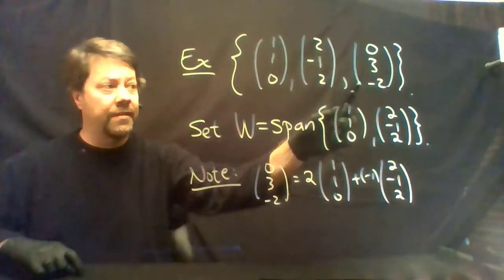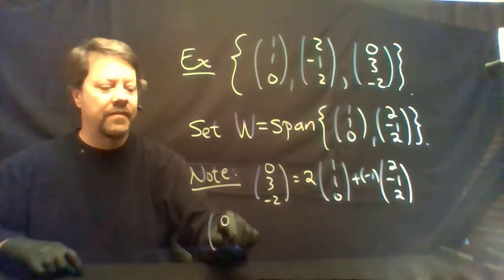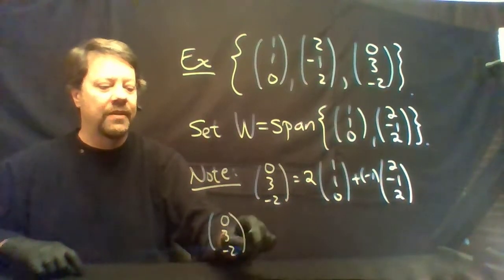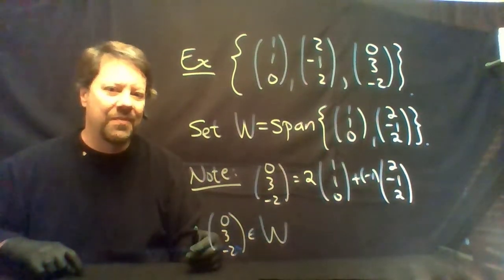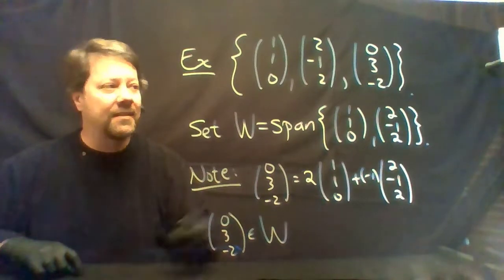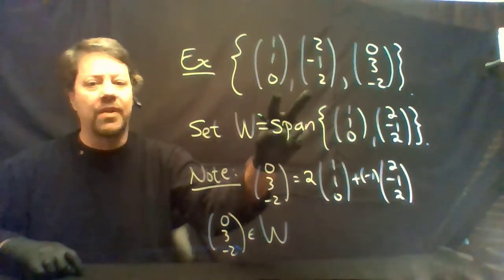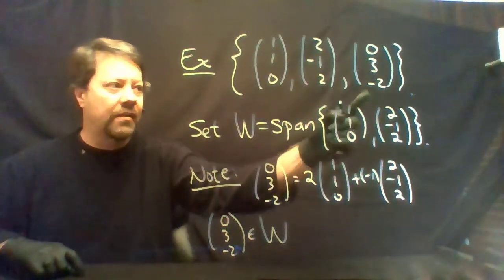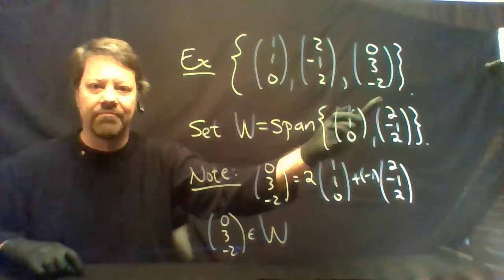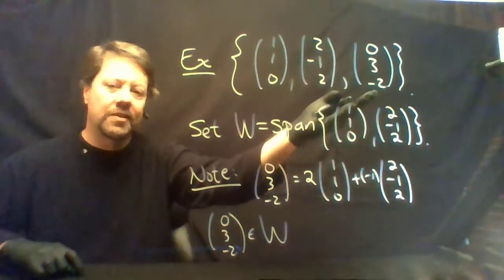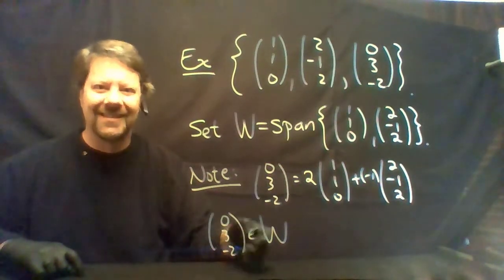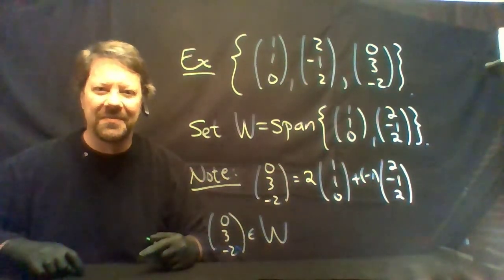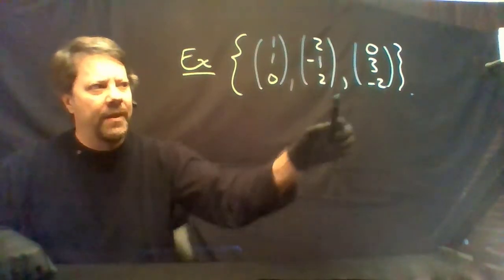That means the third vector, 0, 3, negative 2, is an element of the span of the first two. In some sense, the first two vectors already encode all of the information in the third vector. It's as though this is superfluous. It's unnecessary. Let's toss it out. It doesn't give us anything new. What if we pared this